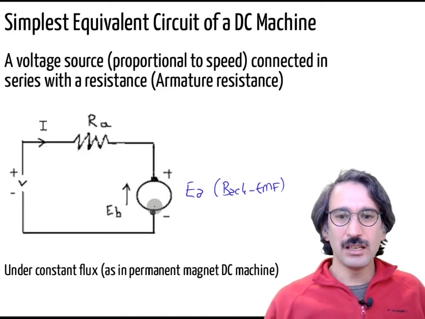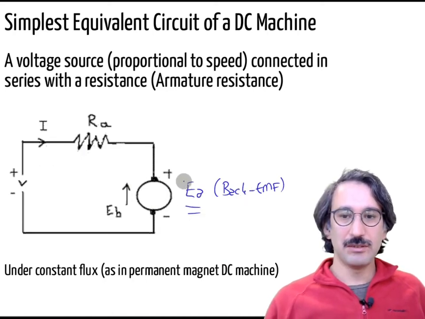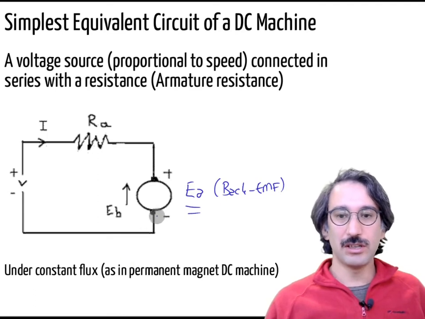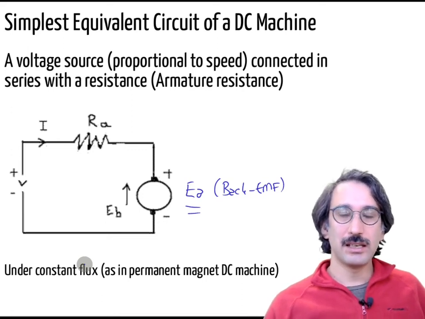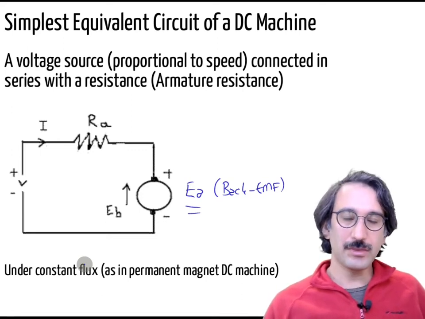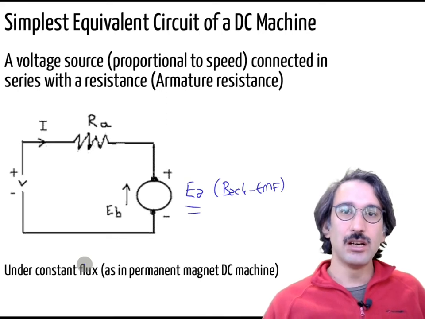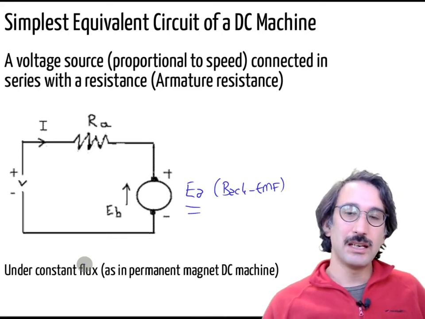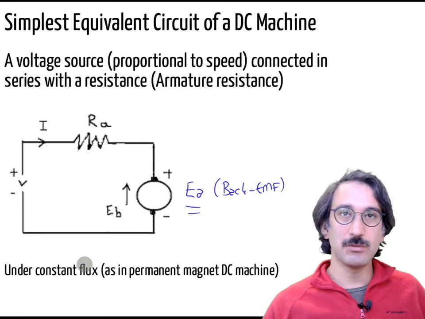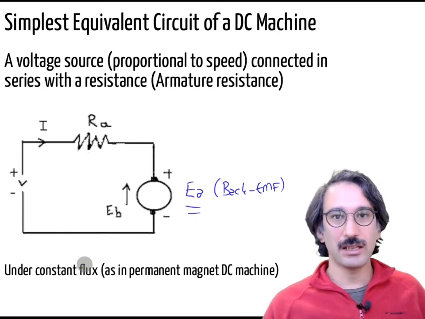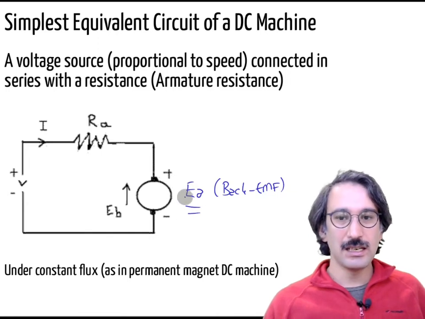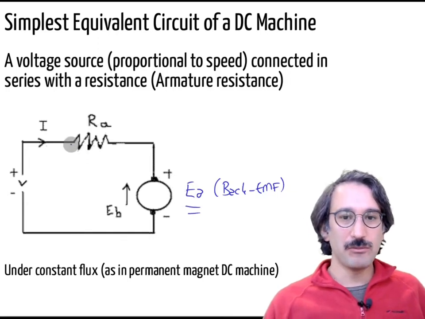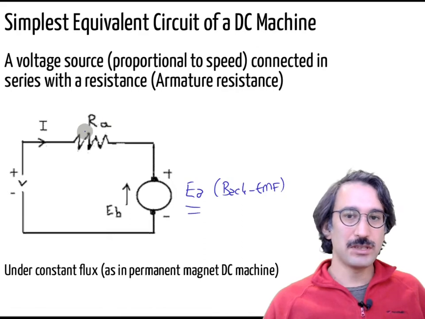And that back EMF is generated due to some flux, and that flux, as we have seen in the previous weeks, can be generated by a separate winding, like in the separately excited DC machine, or it can be excited using a series winding or parallel winding. There are different types of DC machines. But anyway, let's put that aside, and we have a back EMF, and then we have an armature resistance, and